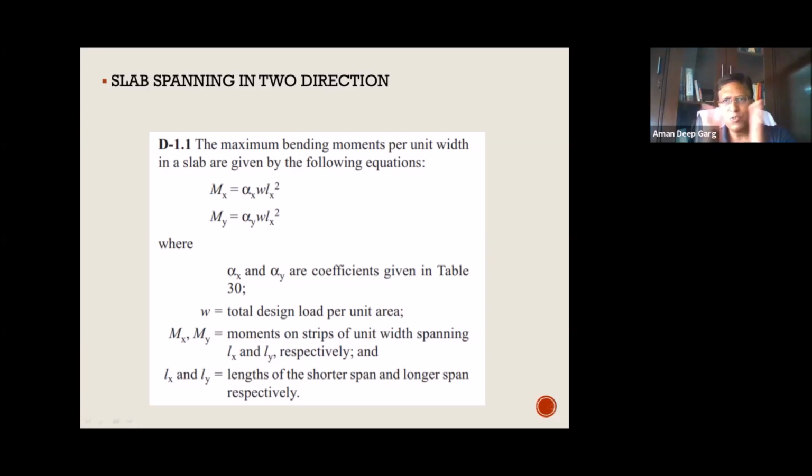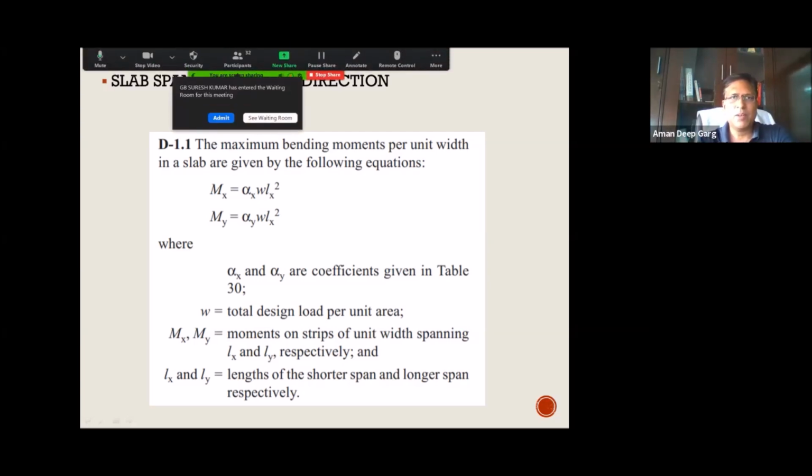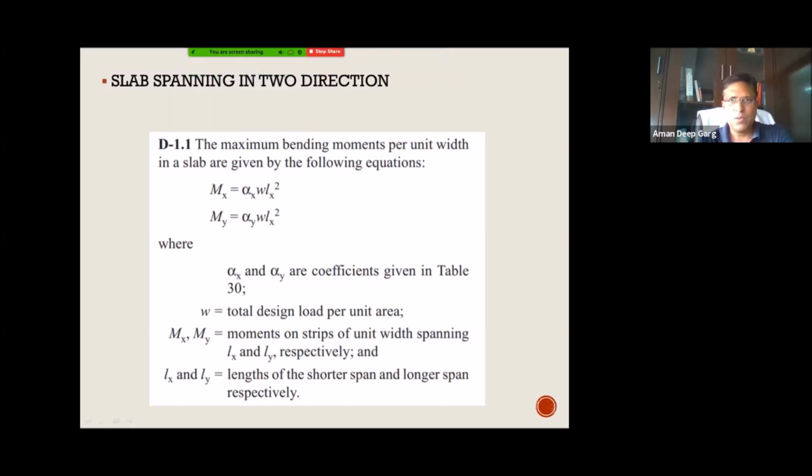So if I am taking a square slab, in both directions my wire length is 3 meters, right? It means my sagging for both the directions would be the same, because it is the same material and my span is also the same. So if you consider that the wire is not giving any rigidity at the supports, you can consider it like a simply supported condition, then the sagging from both directions you can calculate if you know the stiffness.